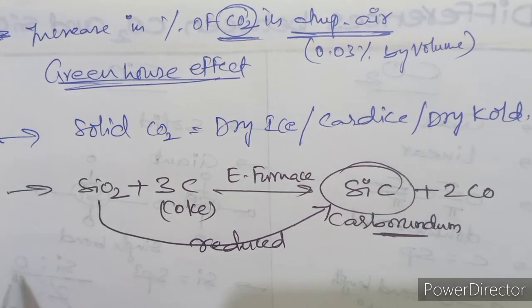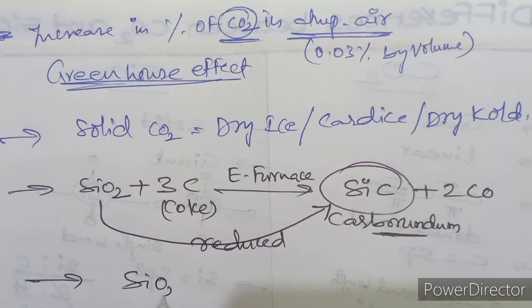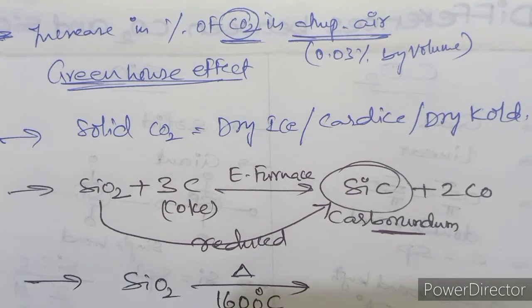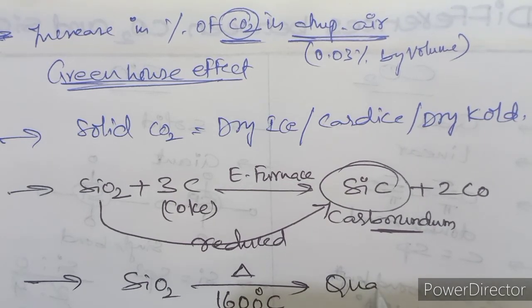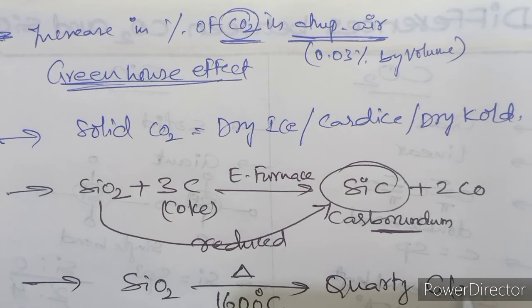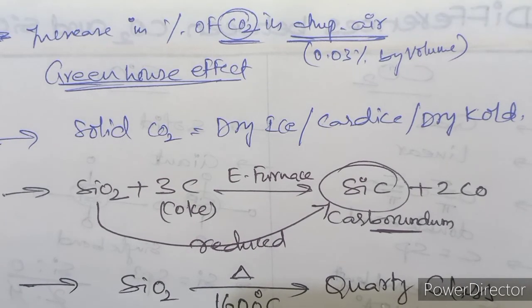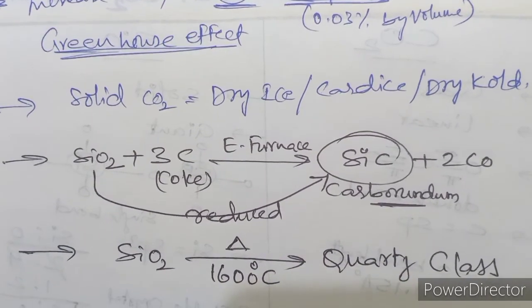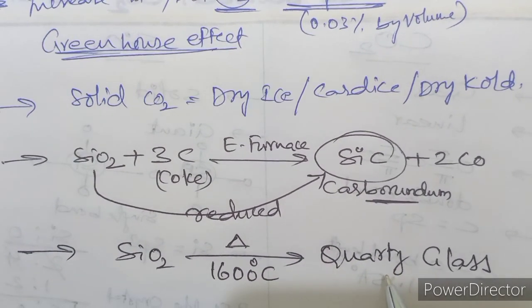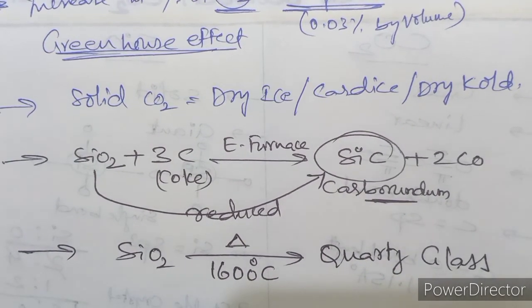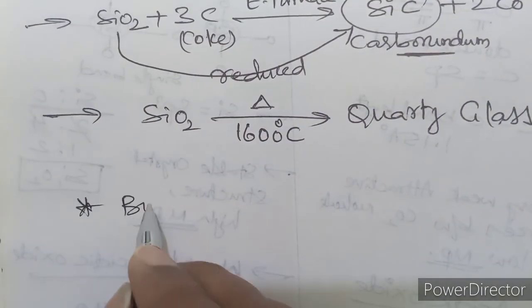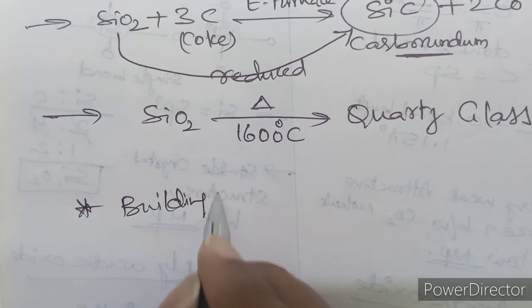And also this SiO2, on strong heating at 1600 degrees Celsius, produces quartz glass. This SiO2 is used as a building material,